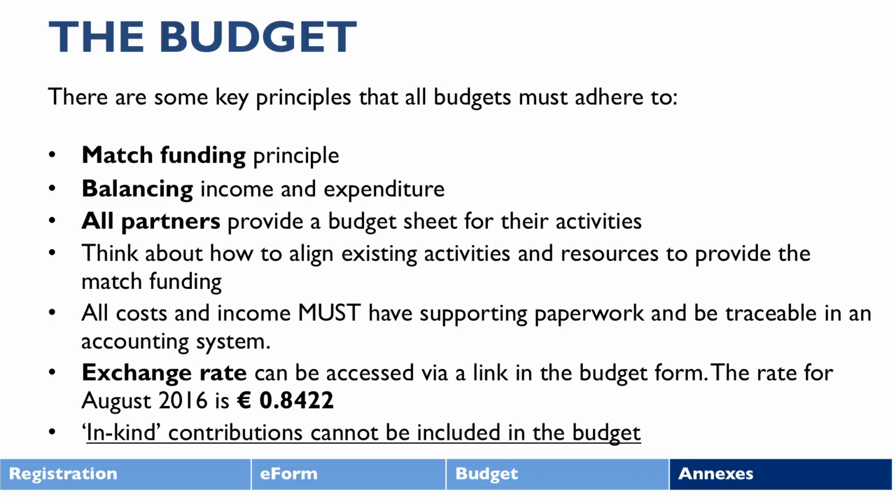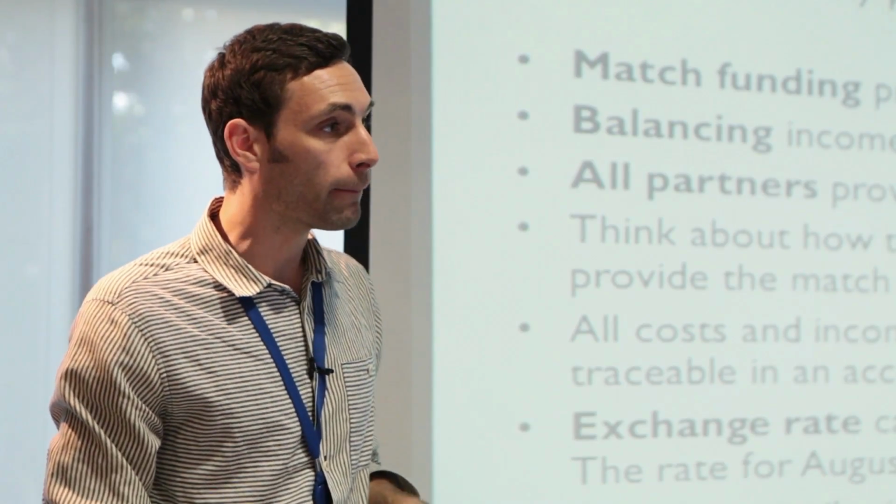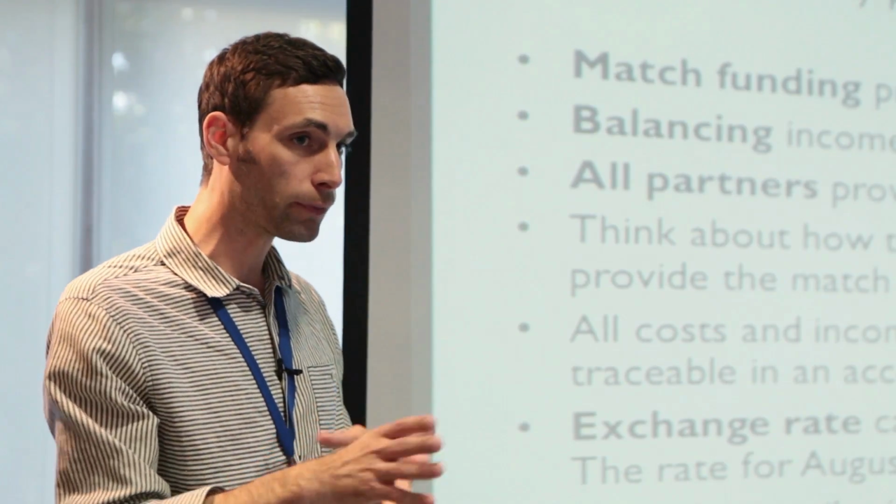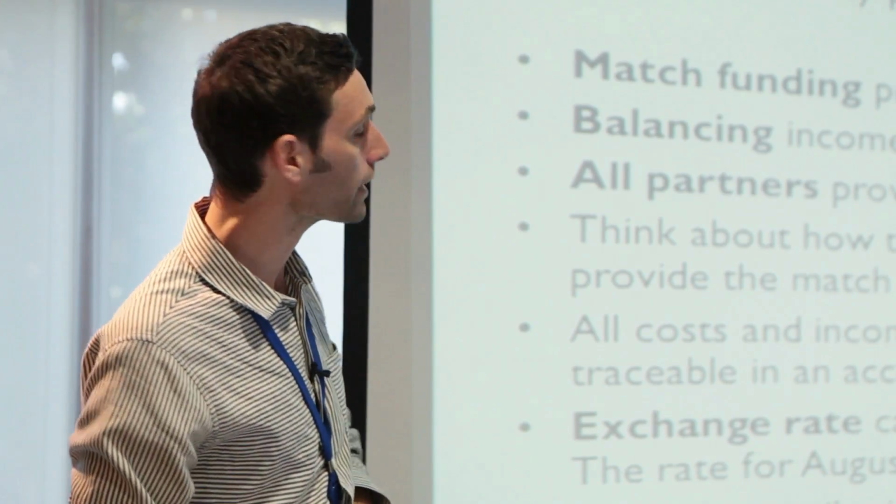match funding. Of course, you are putting in between 40 and 50% of the project budget minimum. You can put in more and ask the Commission to fund less in terms of that, but it is incredibly important that you balance income and expenditure. At the bottom of the budget form, you must end up with a beautiful, clean, round zero, where the income matches up perfectly with the expenditure. This may mean that you need to shuffle a few euro cents back and forth, and yes, this budget is